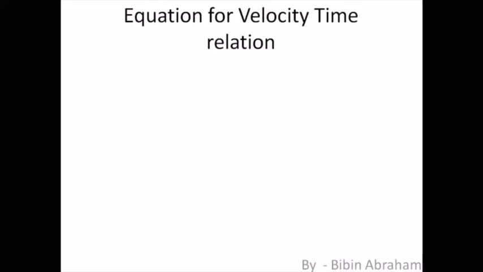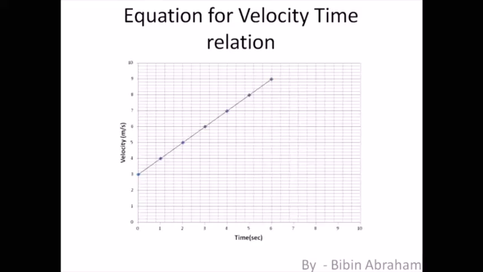The first equation that we have to derive is basically a velocity time relation. We have to relate velocity and time. For that we will first make a graph, right? If you want to graphically derive your relation, the first thing is that we have to make a graph. So here it is. I have a velocity versus time graph. Let's say our Ramu is again traveling. Okay, now before that, let me